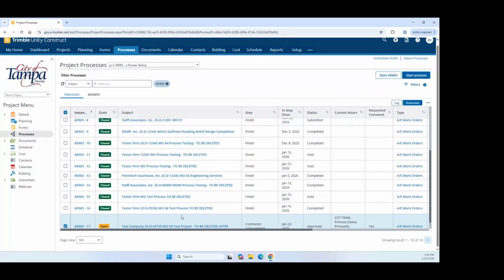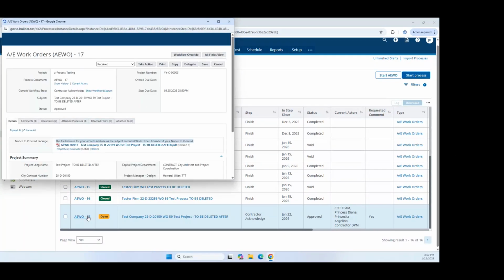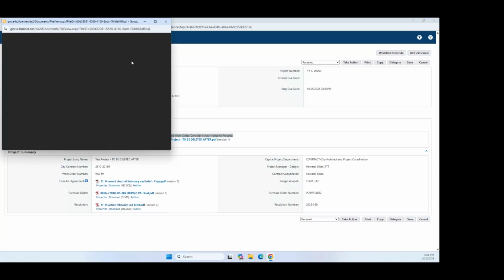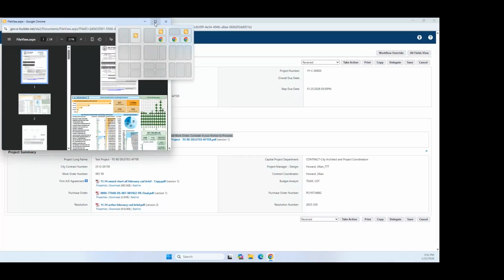So the contractor will come in with their new account. They will access the Trimble portal, and they will see that there is a blue or highlighted statement that identifies the attached document as their notice to proceed. They will open the document to ensure that all necessary information for the notice to proceed is included, and